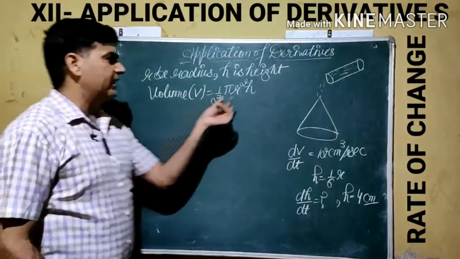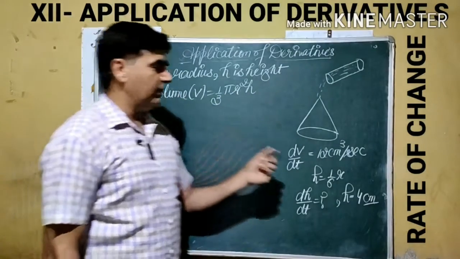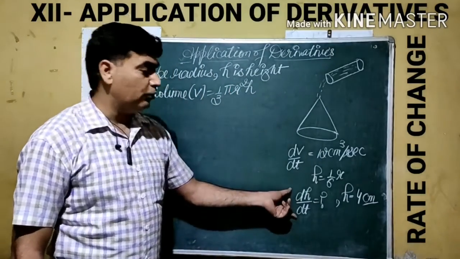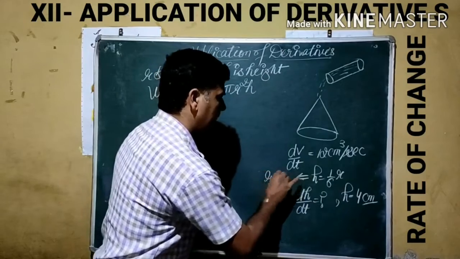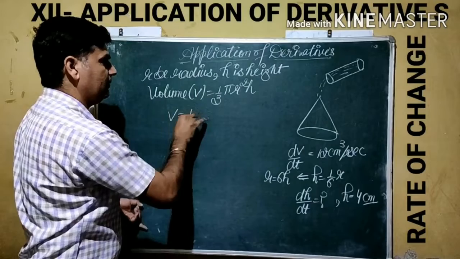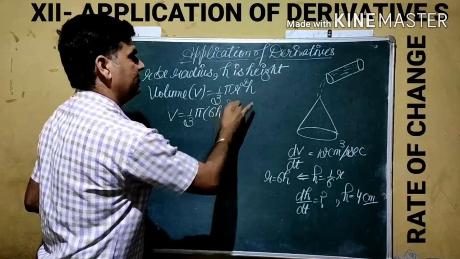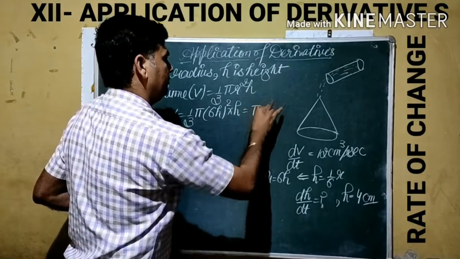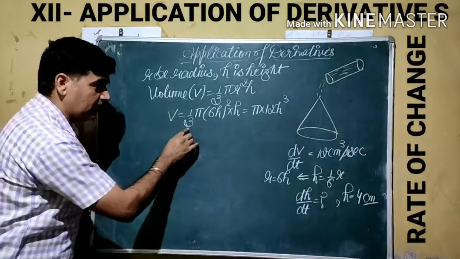Here, if you see, there are two variables, but before this we used only a single variable, so we are going to change it because we need only the h parameter. So from here we get the value of r. r becomes 6h. Changing the value, we get 1 by 3 pi r square, means square of 6h, multiply h. After simplifying, we get pi into 12 h cube, because square of 6 becomes 36, and canceling by 3 becomes 12.